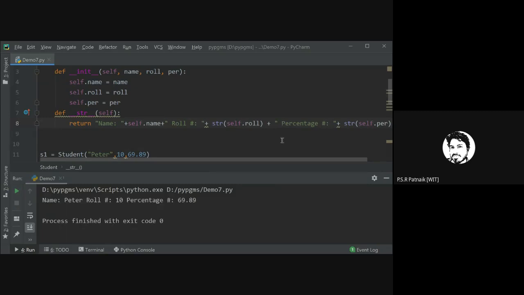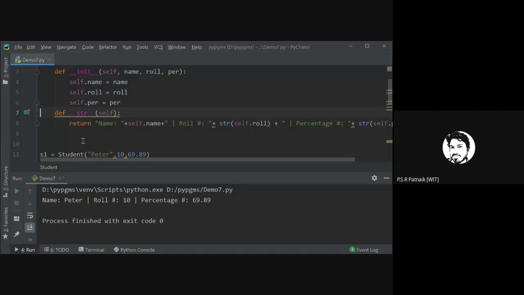We run it again. This is what you will see as the output: Name Peter, roll number this, and percentage some value. Now it looks far better, right?